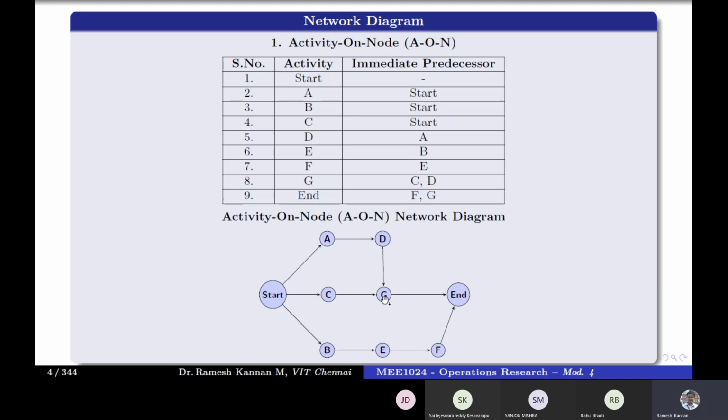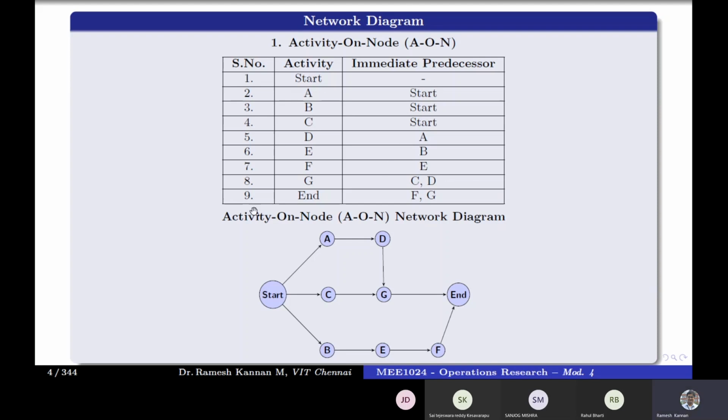Then activity G doesn't depend on D alone, but it also depends on C. Whereas activity E depends on B, it doesn't care about A or C or G or D, it only waits for B. Then activity F starts only after E, and the end will be based on F and G. When F and G don't complete, we cannot reach the end.